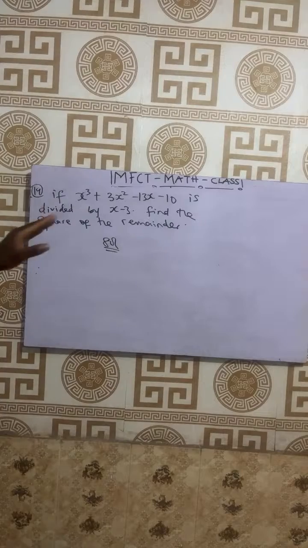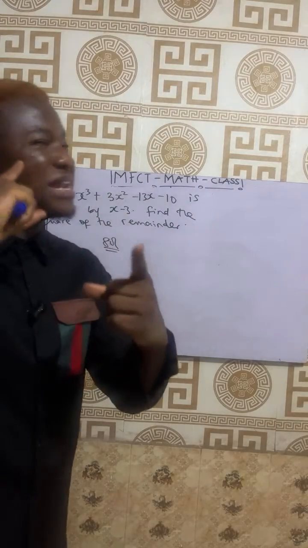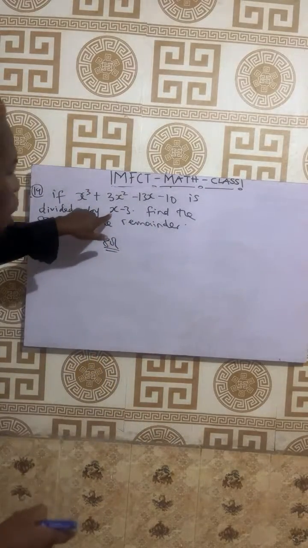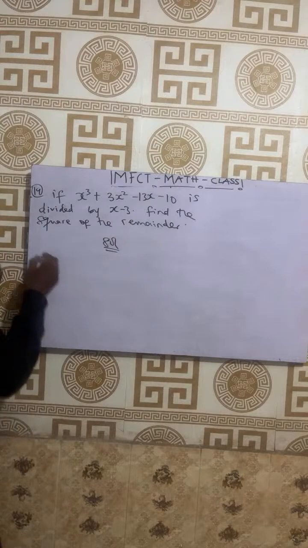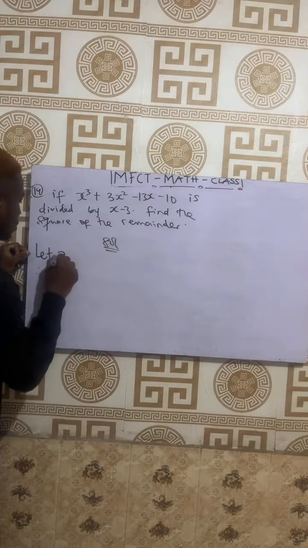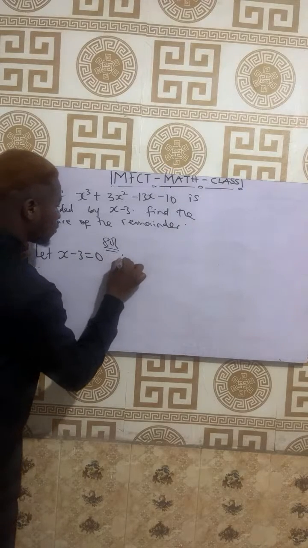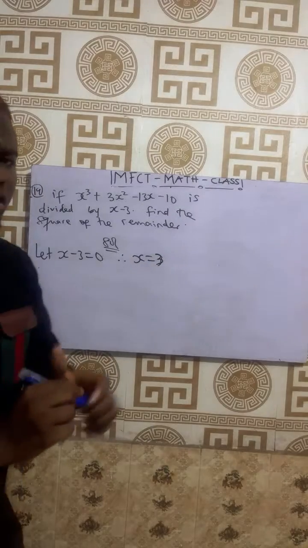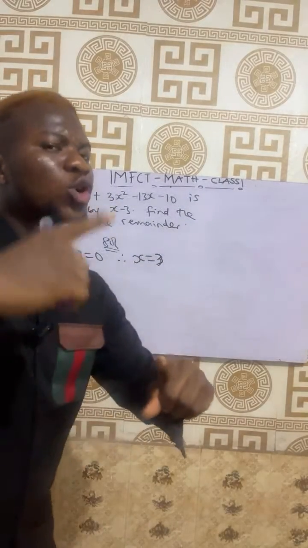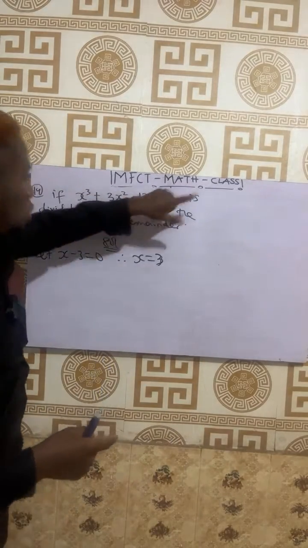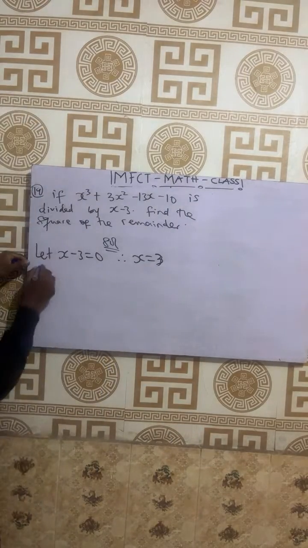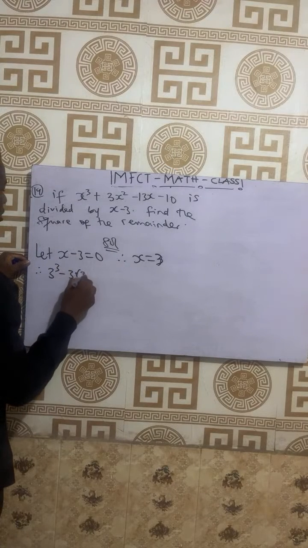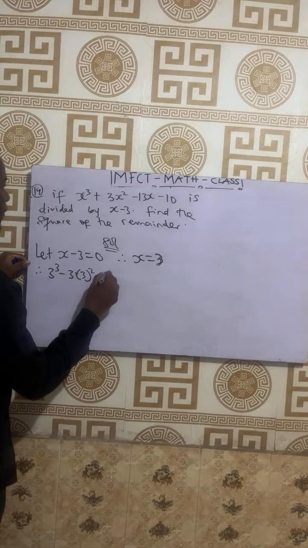Do not forget that in this particular question, you will first look for the remainder before you look for the square of the remainder. So if you want to look for the remainder, what you are using to divide, you are going to let it equal 0. Let this x minus 3 equal 0. Therefore, x is equals to 3. So once you've gotten the value for x, which is 3, you are going to substitute it into this equation. So this will then be 3 raised to the power 3 minus 3 squared minus 13